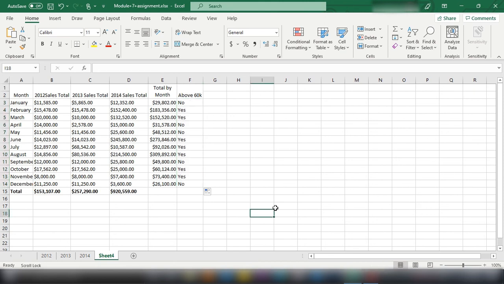So now we need to return to the individual tabs for each year. For each year of data, sort the total from largest to smallest, so that the month with the highest sales is on the top. But you can do it whichever way you want. You can put smallest to largest, but for me, I'm just going to do it so that we have the bigger numbers on top, the month that had the largest sales on top, and then it comes down